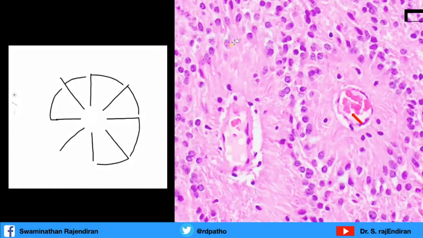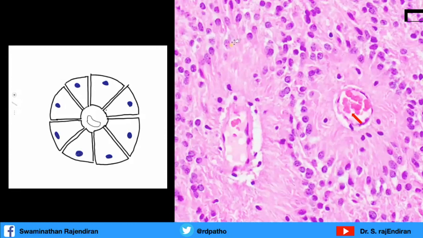So these are all the cells. We are drawing the nuclei now, and now you watch carefully. Blood vessels are there in the center of the rosettes. These are the non-neoplastic component. Sometimes you can see collagen also in the center, whereas the neuropil is seen in between the cells and outside the cell. The center doesn't have the neuropil. That's why it is called pseudorosettes.